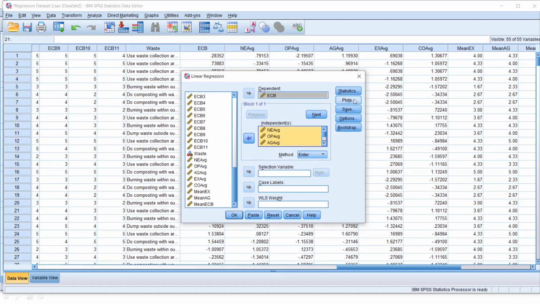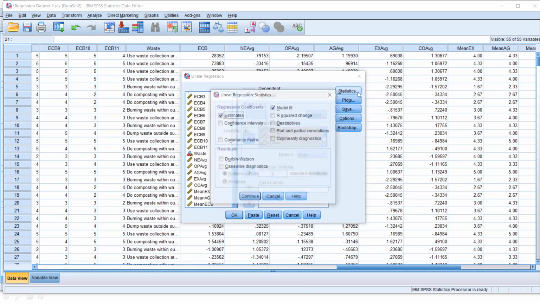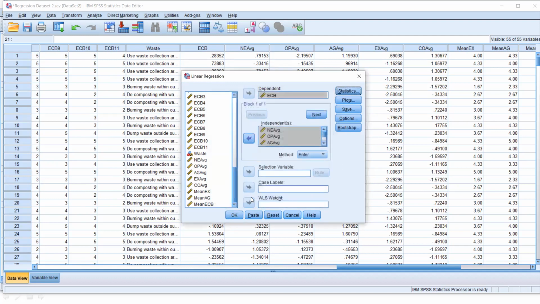Then go with this statistics button. Right, my statistics කියන එකට යන්න. Right, here you can go with model fit. It's already selected. Then go with this collinearity diagnostics, because these are some standards we need to check with your data set, whether it is experiencing a multicollinearity issue. Right, check the collinearity diagnostics and then check the Durbin-Watson option. Right, මේවා අර අපි සාමාන්‍ය regression එක run කරද්දි බලන standard statistics ටික. Right, you don't need to worry about those things, just tick it. Then continue. Right, then continue, then press OK.